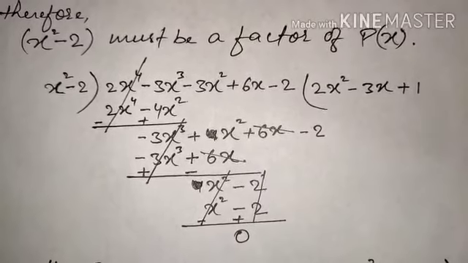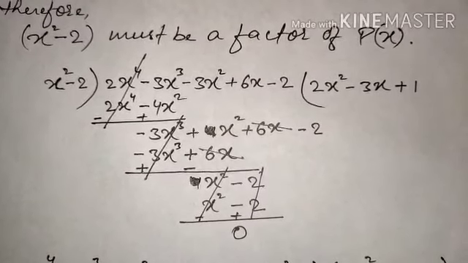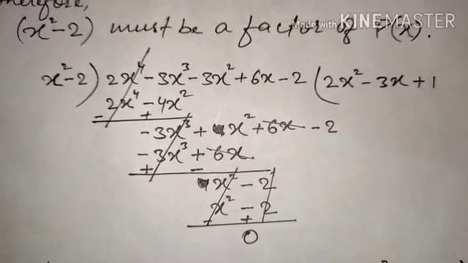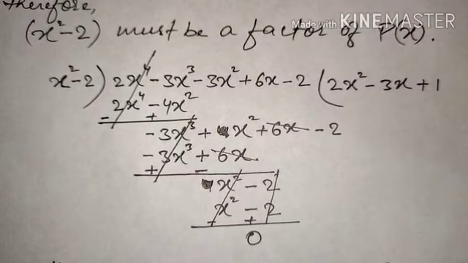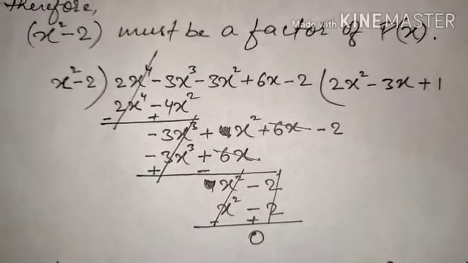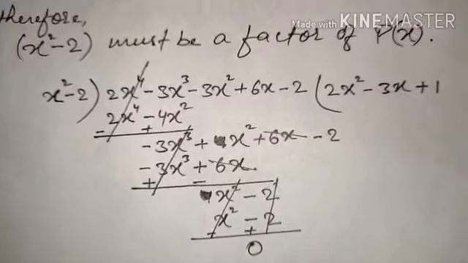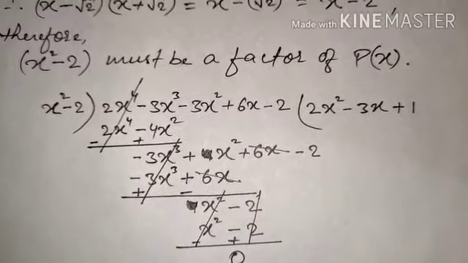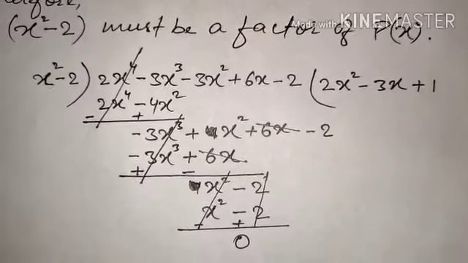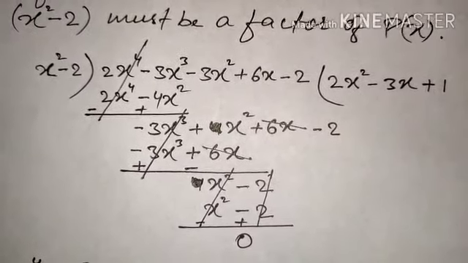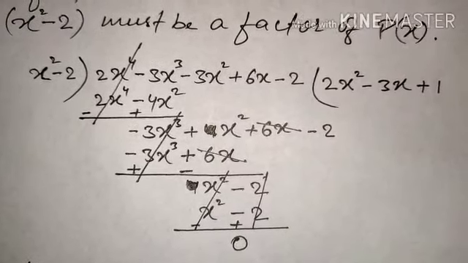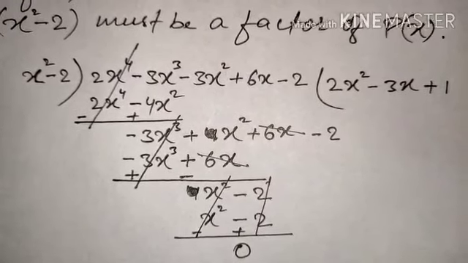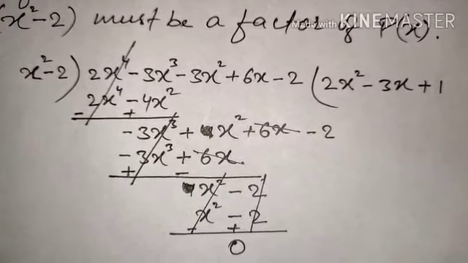Now we'll do the division of polynomials, and you people are already aware of dividing polynomials. Still I'm discussing this: x square minus 2 is the divisor, and 2x to the power 4 minus 6x cube minus x square plus 6x minus 2 is your dividend. Now, trying to divide it, the first thing we always ask is that we have to convert these polynomials into the standard form, that is, in decreasing powers of the variable. It is already in that form. So see the power of x square in the divisor and x to the power 4 in the dividend, the first thing.